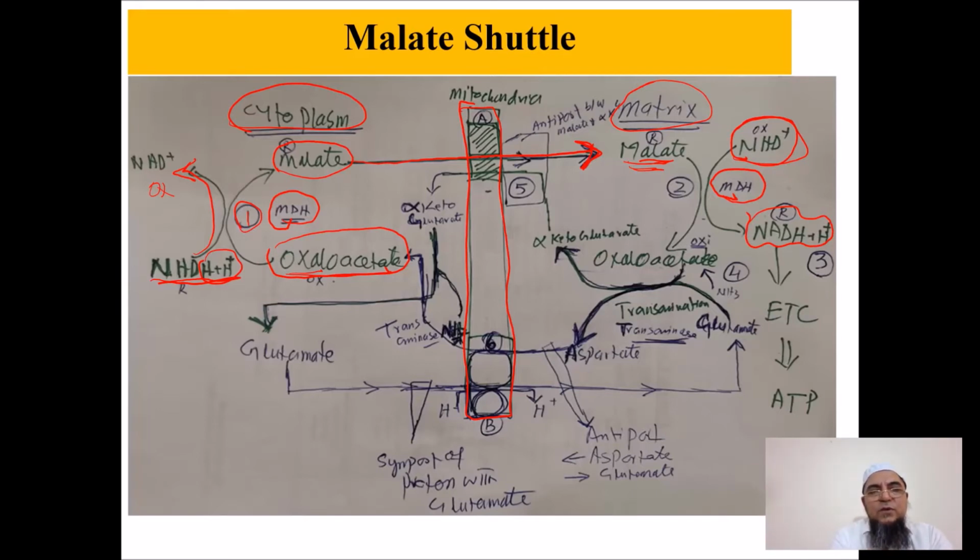So what did we do? We provided these two hydrogen to oxaloacetate. Oxaloacetate is converted into malate. Malate crosses the mitochondrial membrane and enters into the mitochondria. In the mitochondria, this malate was welcomed by malate dehydrogenase enzyme, and this enzyme brought NAD from the mitochondria, attached, and took two hydrogen from the malate and converted it into NADH. And this NADH, as per our rule, will enter into the electron transport chain, and in the electron transport chain it will give us ATP.